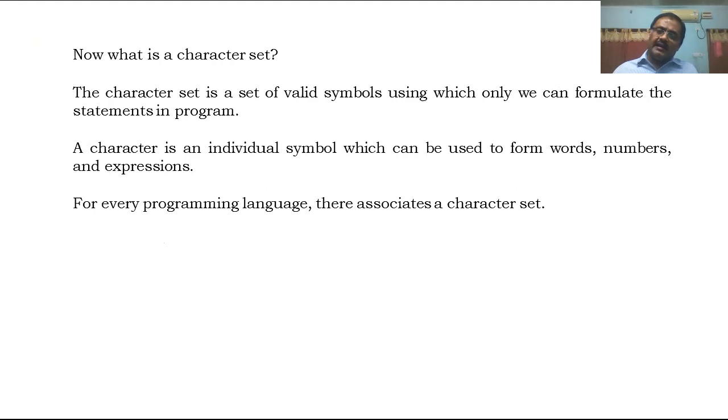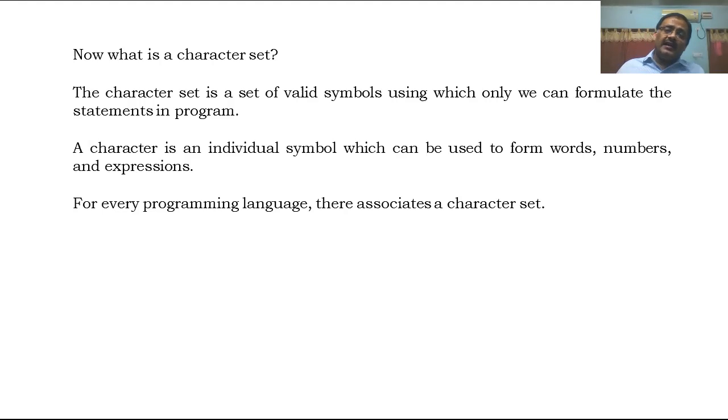So just like a natural language has its own alphabet, a programming language also has a particular set of symbols using which only we can write statements in that program.